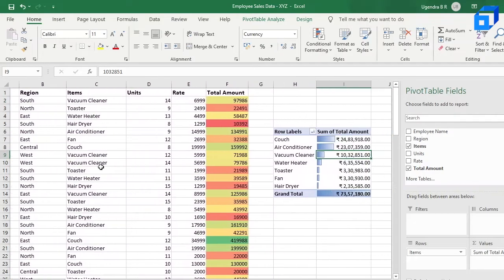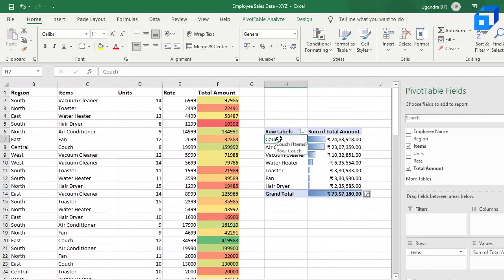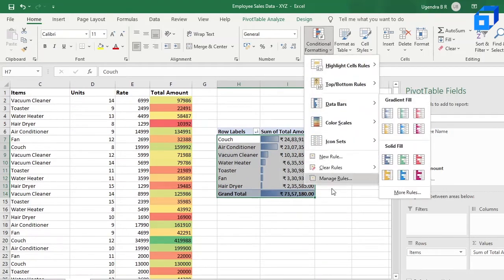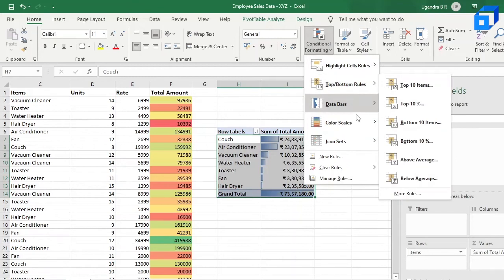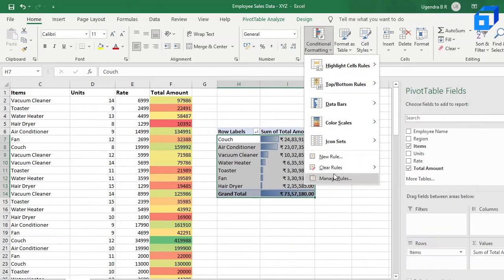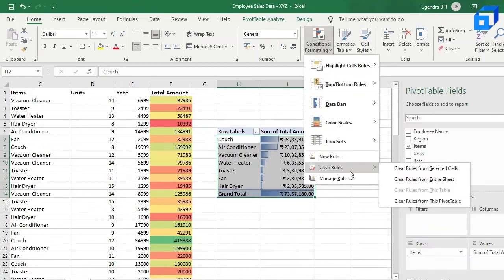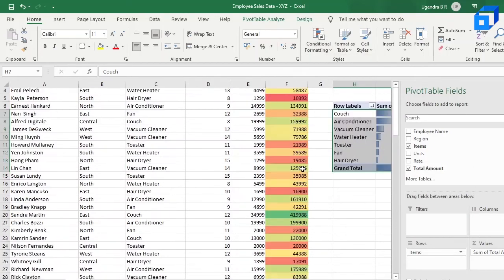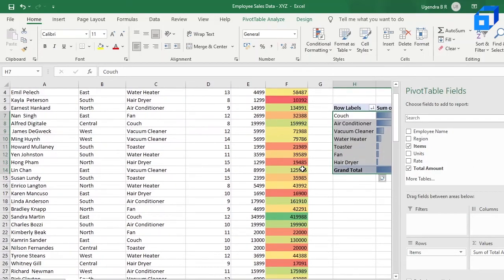The only thing you have to do is select the range and go to the same option, that is conditional formatting. Here you can select whatever rules you want, or you can create your own rules to give to the pivot table.